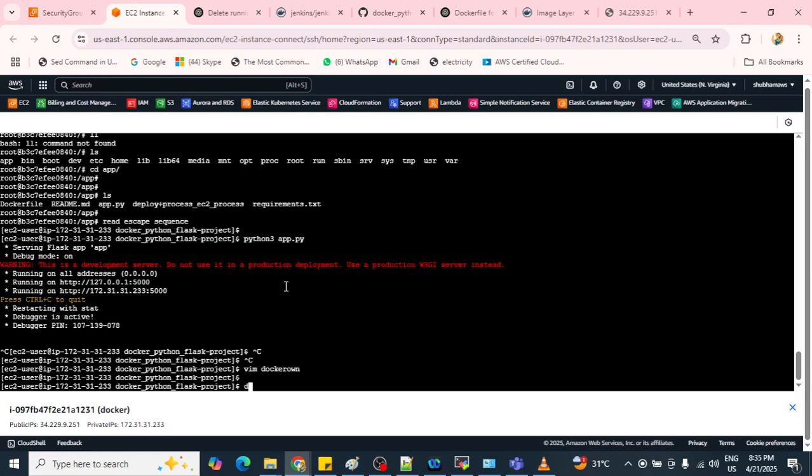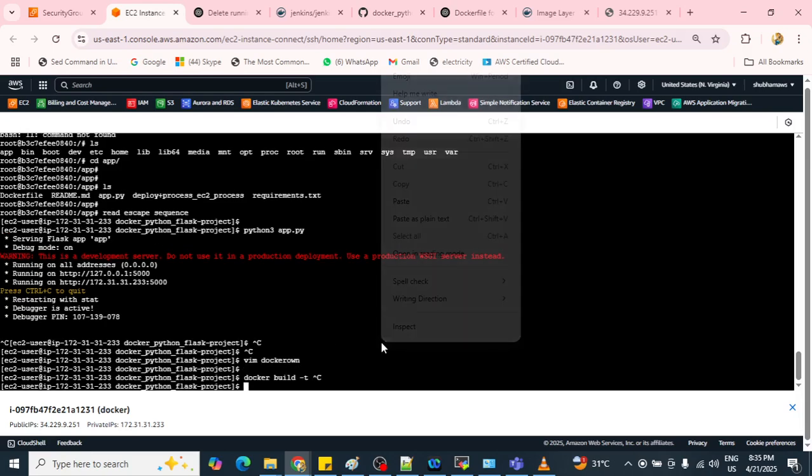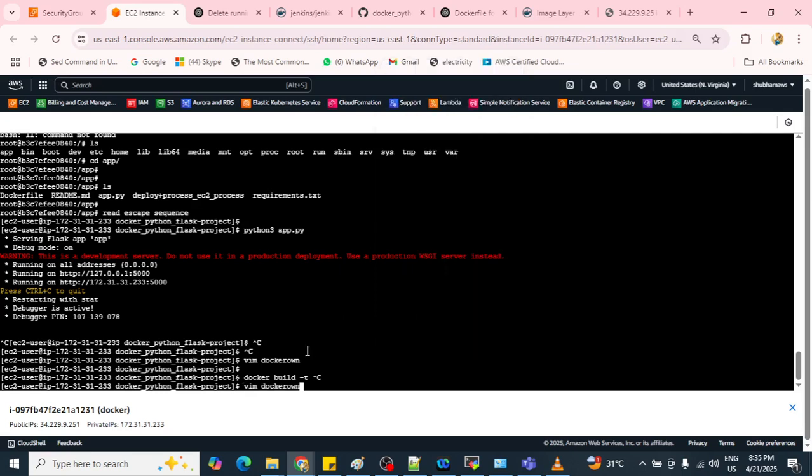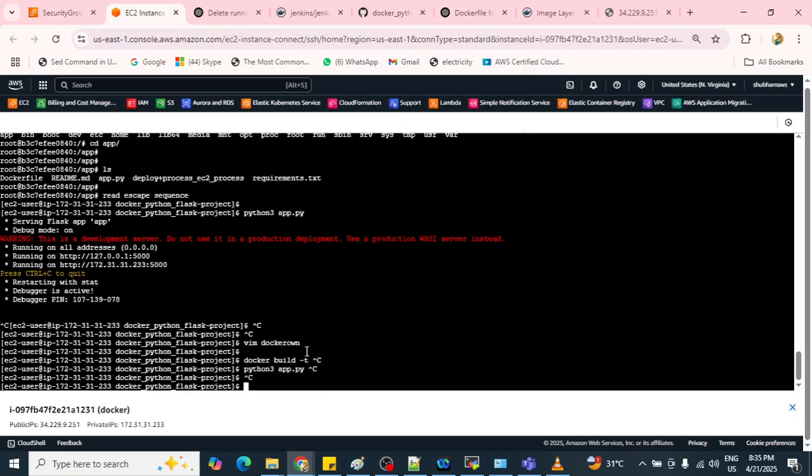Now first of all you need to build it. Docker build -t, then your Docker file name. Copy this -t.